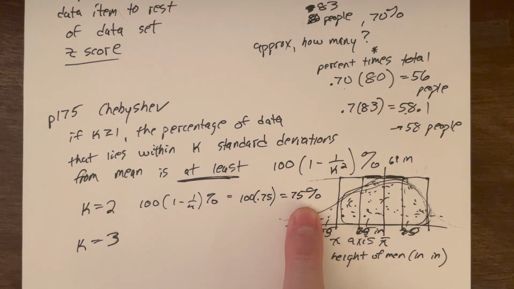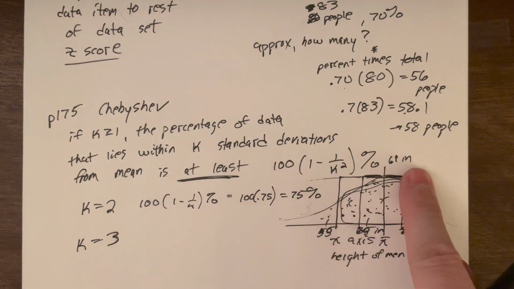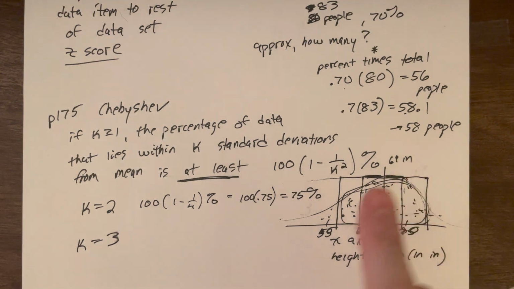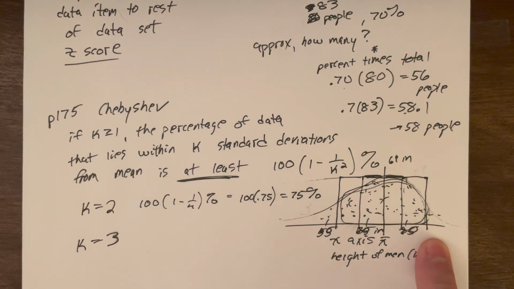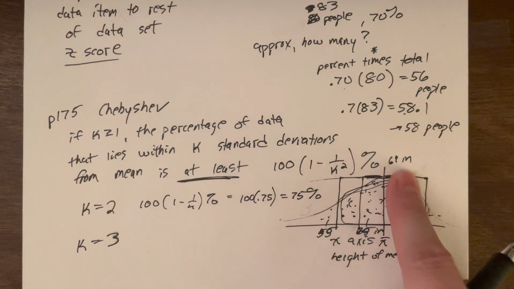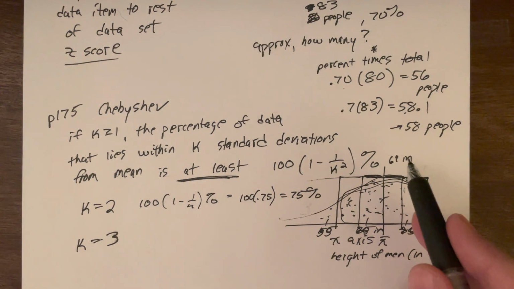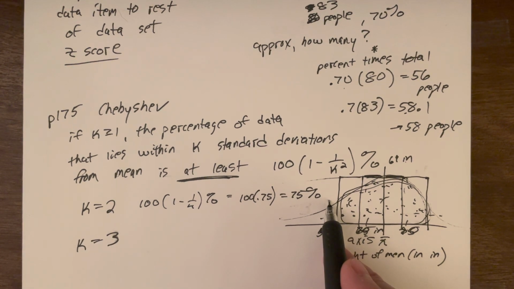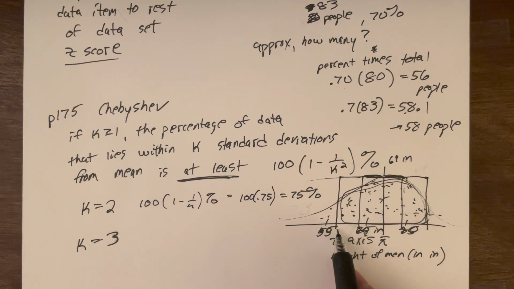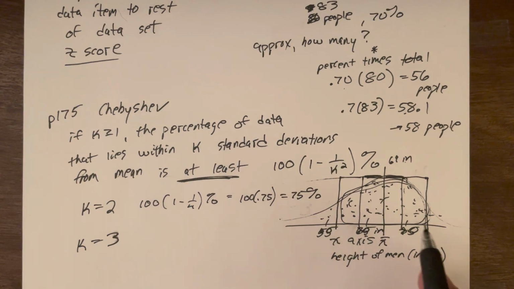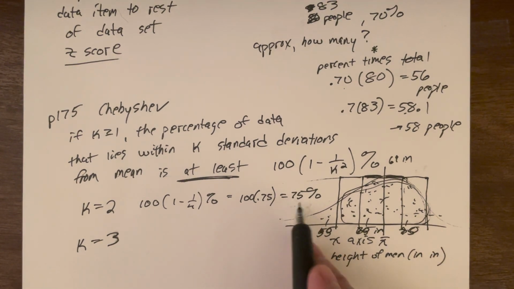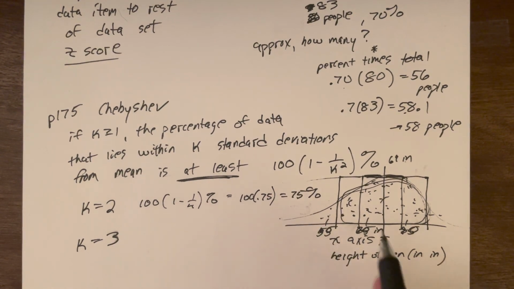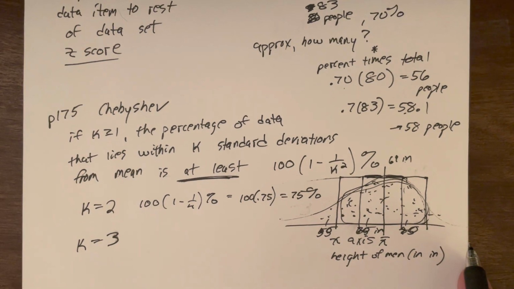But this idea is just if we go within 2 standard deviations of the mean, I would have a lower bound and an upper bound based on height. So for example, there are at least 75% of men who are between the heights of, this would roughly be about, what would this be? About 63 inches up to about 75 inches. We would get at least 75% of men have a height between those two totals.